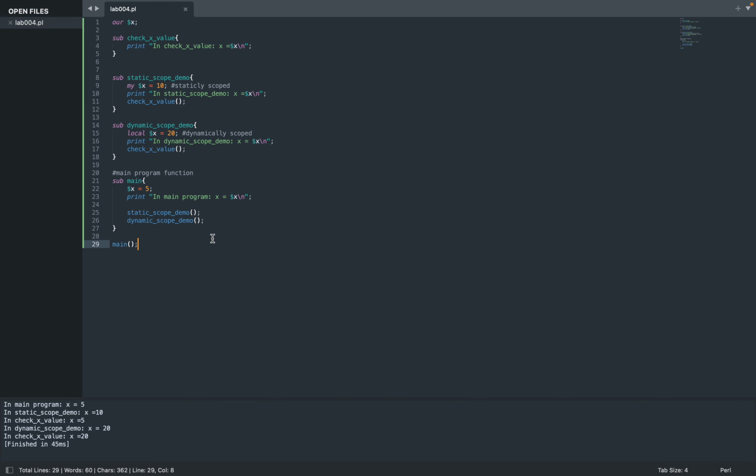But for our dynamic, this shows that it's temporarily using this 20. The 20 is the temporary value of our global x, the global variable that we have set to 20. So it is the difference between using static and dynamic scoping in this particular language,